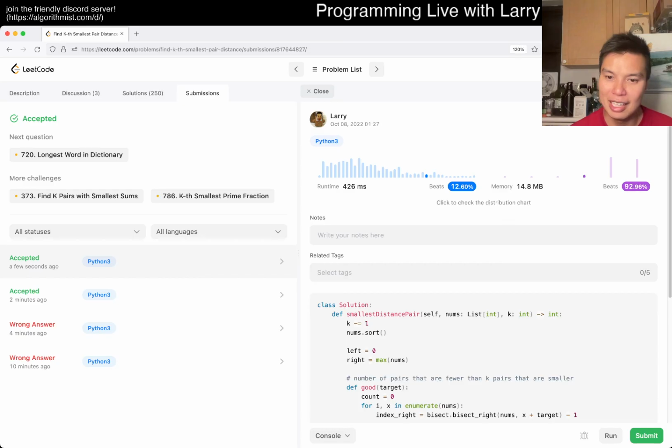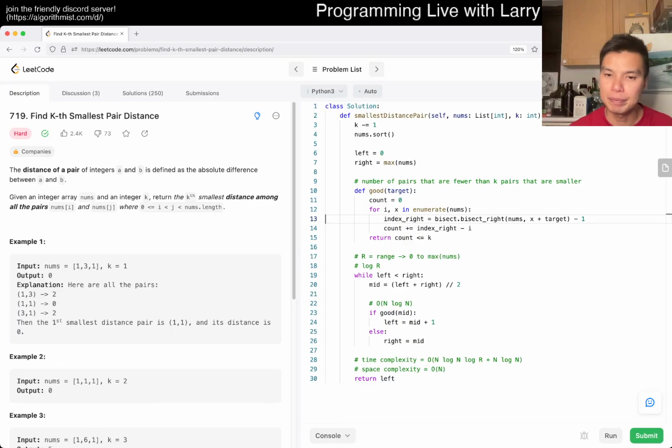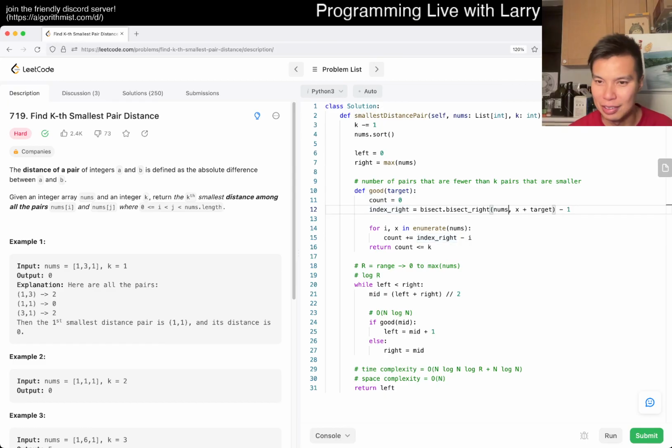Okay. Yay, we moved from 5% to 12%. But like we said, we can still do this with a sliding window, right? Because basically, let's say we just do it on the first one because I'm too lazy to do it. And then you have nums sub 0 plus target, right? So you have index right. And then here, for every new i,